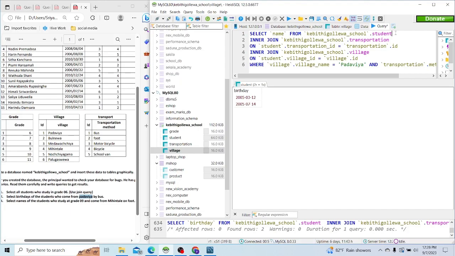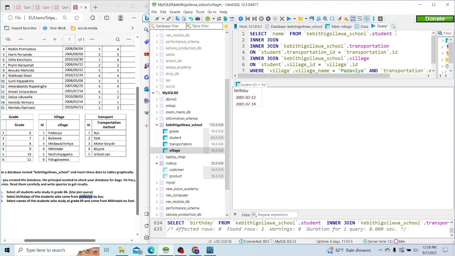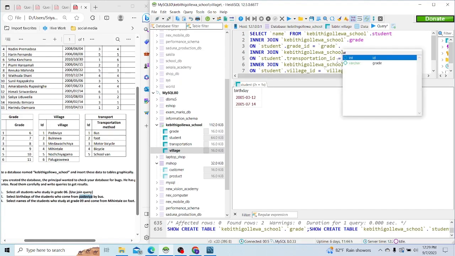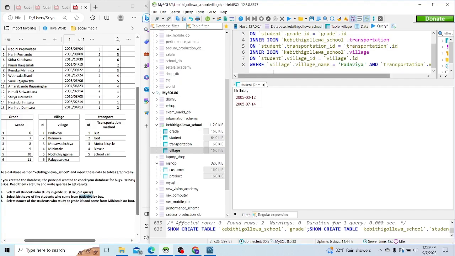Inner join, we should inner join grade also, on student.grade ID equal grade.ID, and for the condition they have given, study at grade 9, grade.grade equal 9